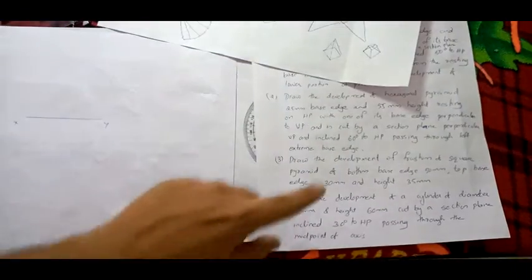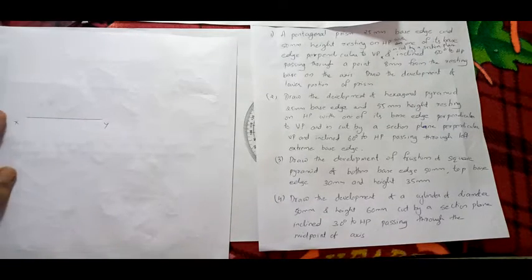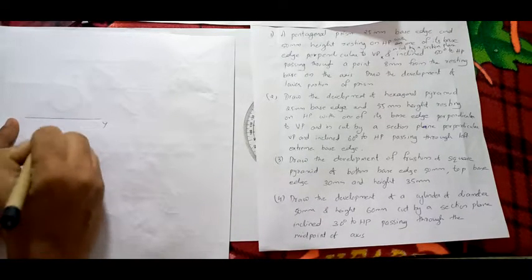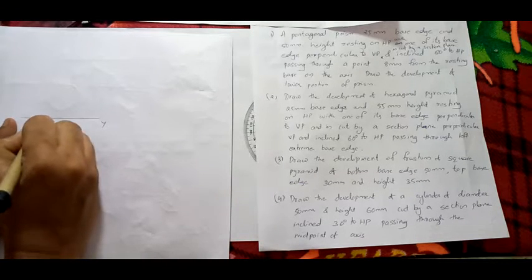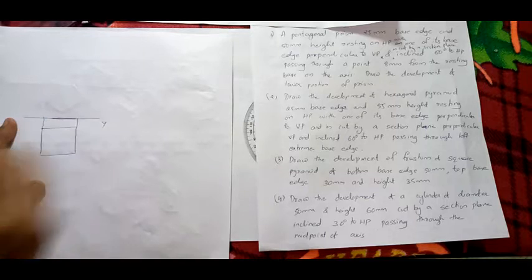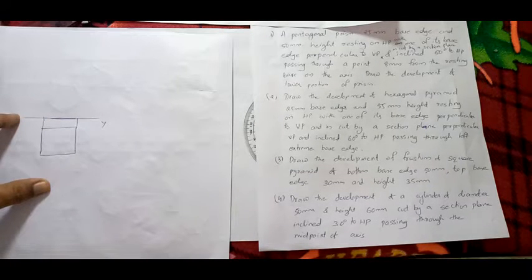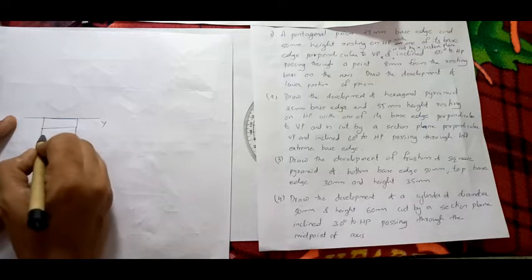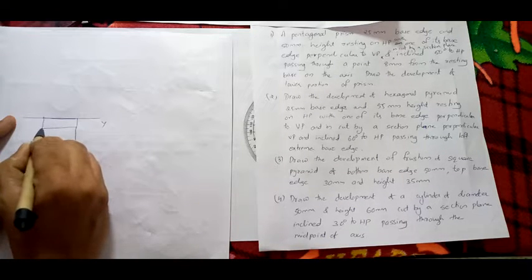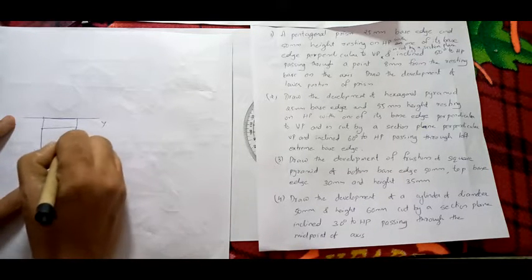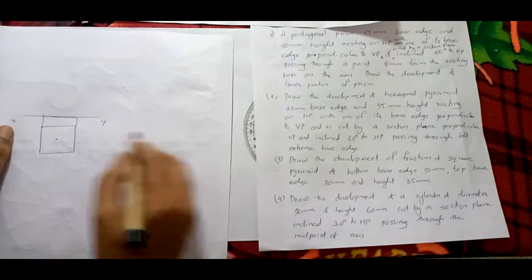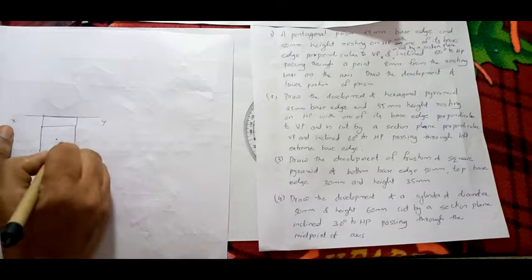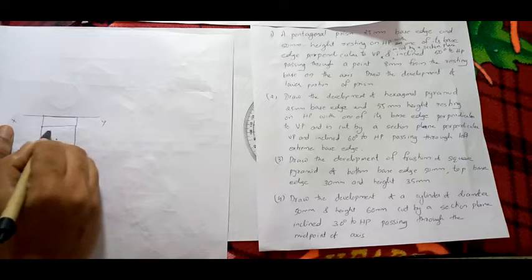So they have given a frustum of a square pyramid of bottom base edge 50 mm. So you can draw the bottom base edge as 50 mm. Complete it, right? It will be easy for you. Now we will project the corresponding top view here. Now they have given the top base edge as 30 mm, right? So you have to find the center. Draw two light lines, diagonals, and find the center. Now you have to draw a square inside like that, of 30 mm edge.